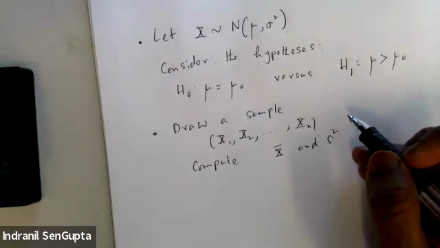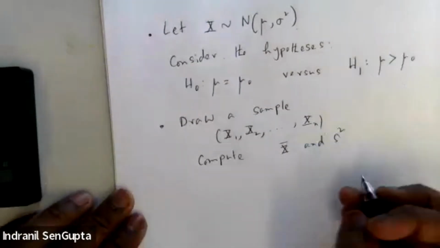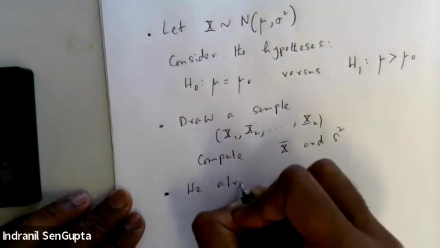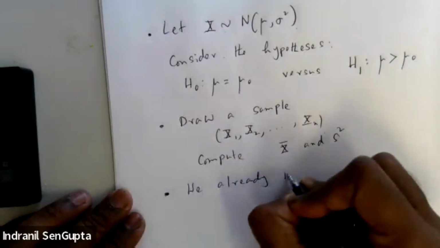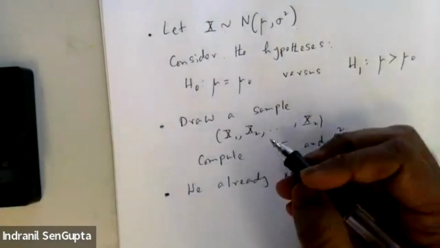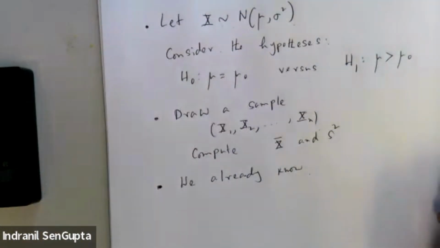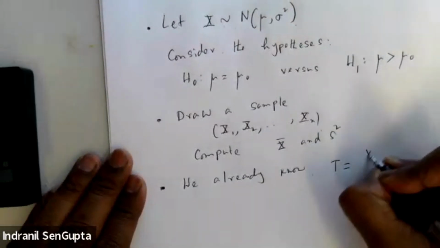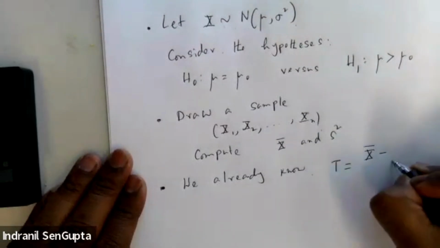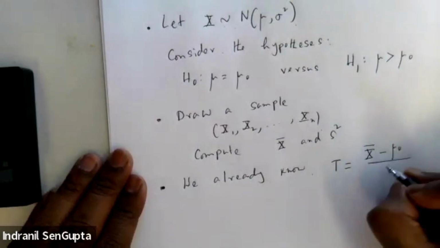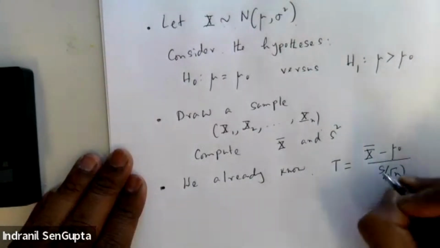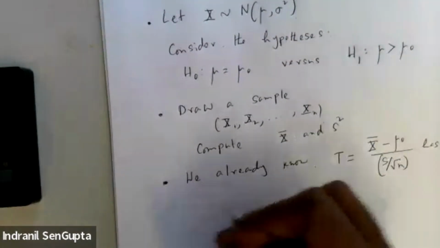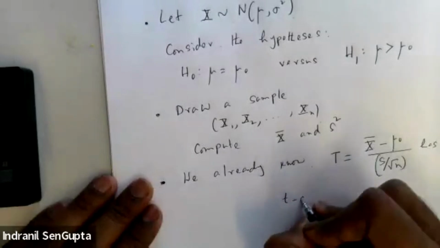As you've seen several times, this is one of those theorems on the T distribution: the test statistic T, given by X bar minus mu 0 over S over square root of n, has a T distribution